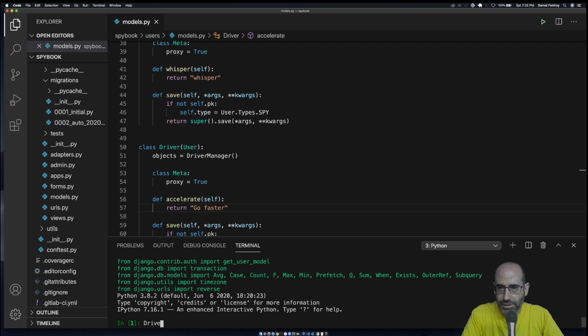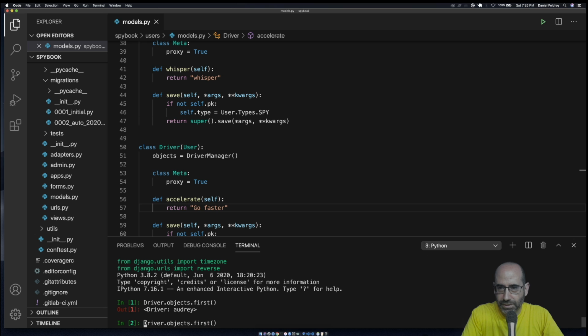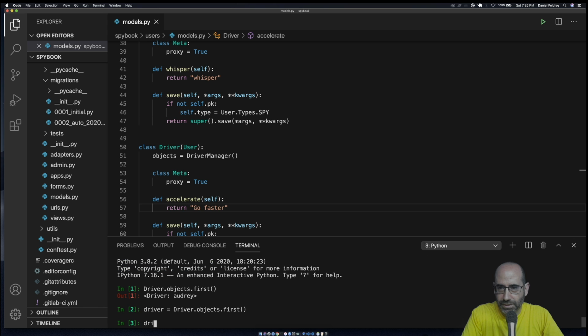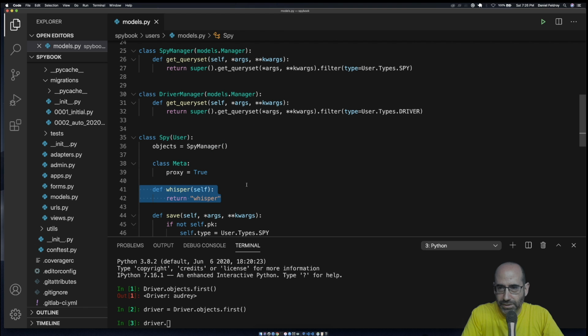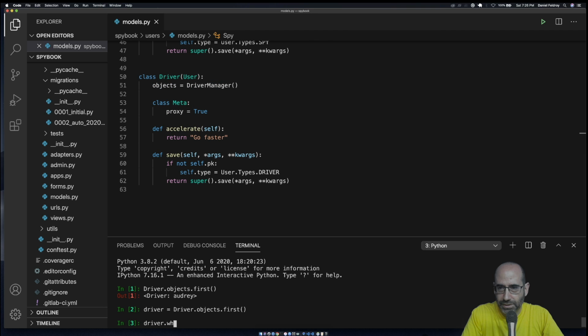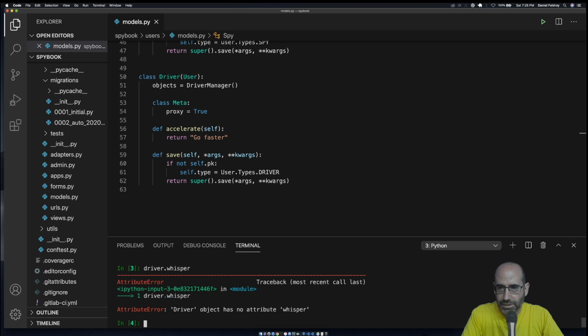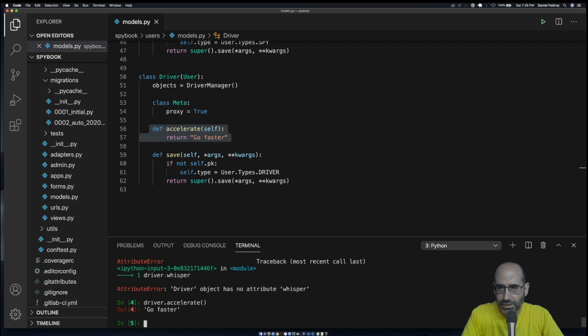Okay, I'm going to grab the first driver. That's Audrey. Driver equals, so we have our first driver, and we're going to try and whisper. Whisper is something that spies have, but drivers do not. And we got an attribute error. That's because a driver, as you can see, doesn't have the whisper method. Now, on the other hand, if we have Audrey call her accelerate function,